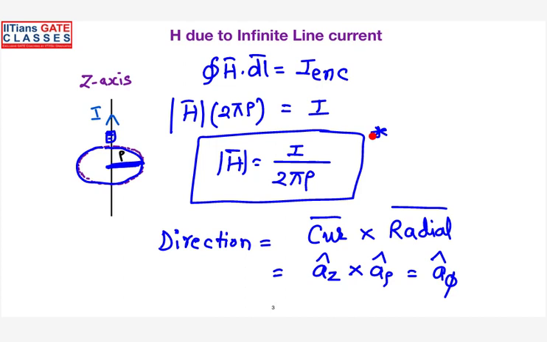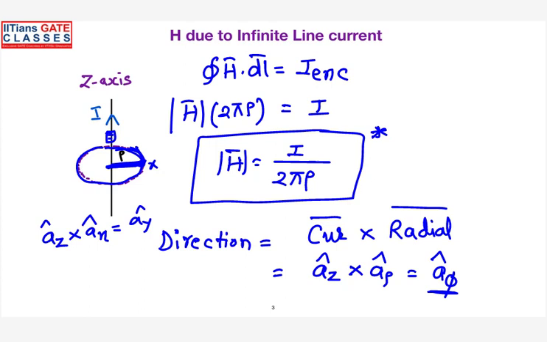So any questions you can ask at this point. The magnetic field is trying to rotate in this particular direction. Whenever this particular point is concerned, this phi is a generalized direction, right? But if you consider, let us say specifically speaking, the point P has been located in the x direction, on the x-axis. In that case, what will happen? The magnetic field will be straight away AZ cross AX, fine? So in that case, it will be AY direction. So it depends on the particular point.